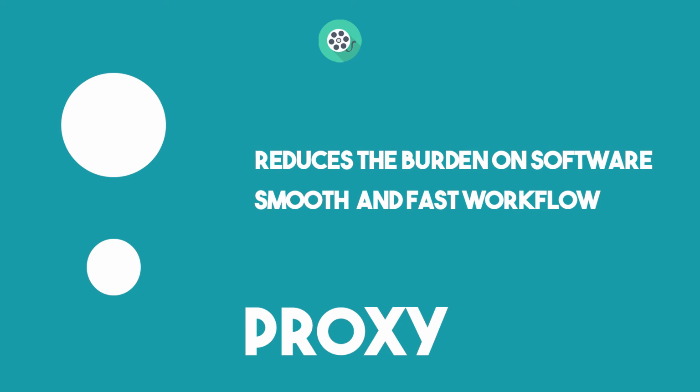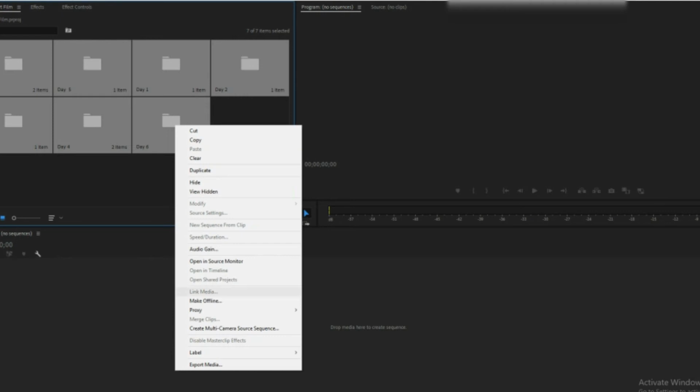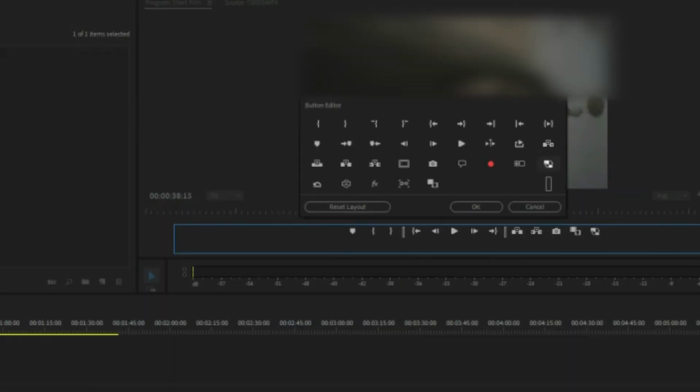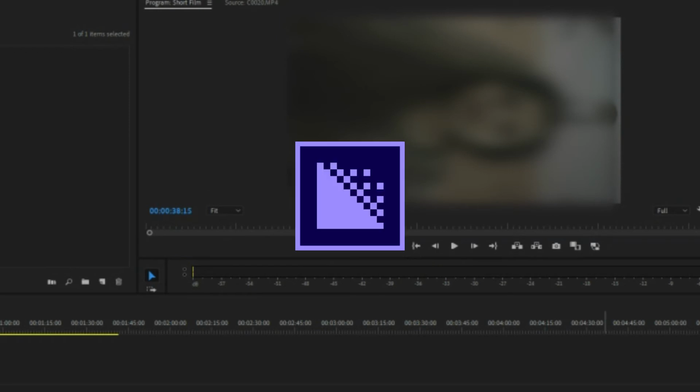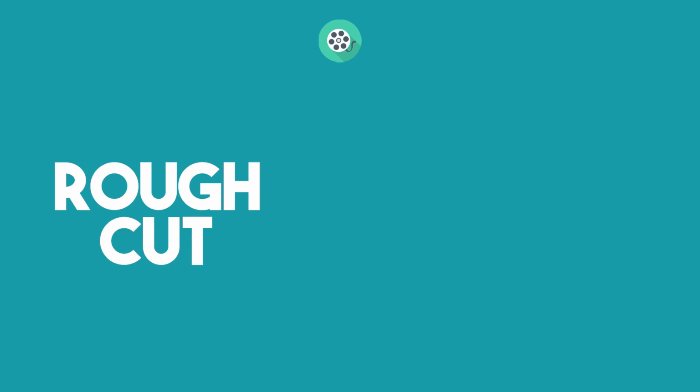How can you make a proxy? Just select the different files, right click and click on create proxy. There is a small toggle button available through which you can toggle between the proxy and the original media. Just make sure that Adobe Media Encoder is installed in your system to avail this facility. After creating a smaller version, meaning the proxy of your file, now we will jump to the next step,